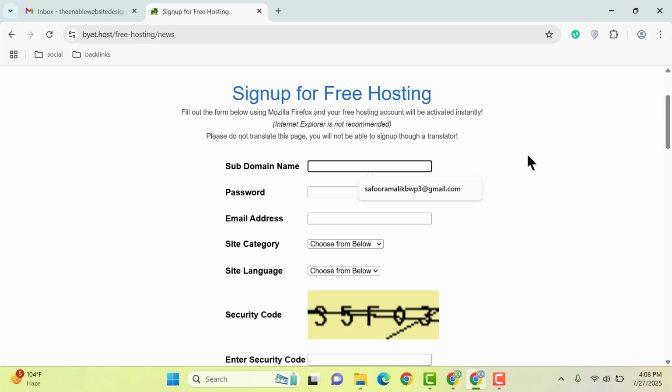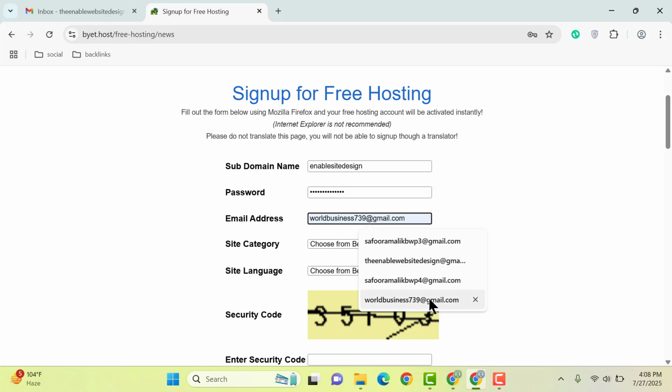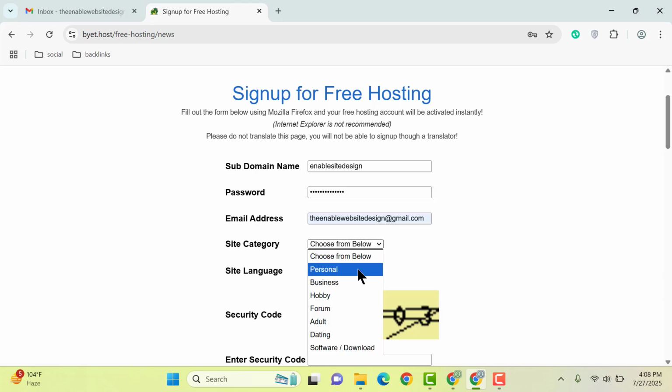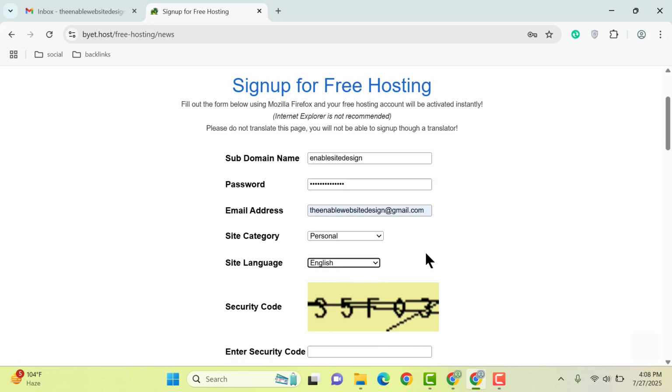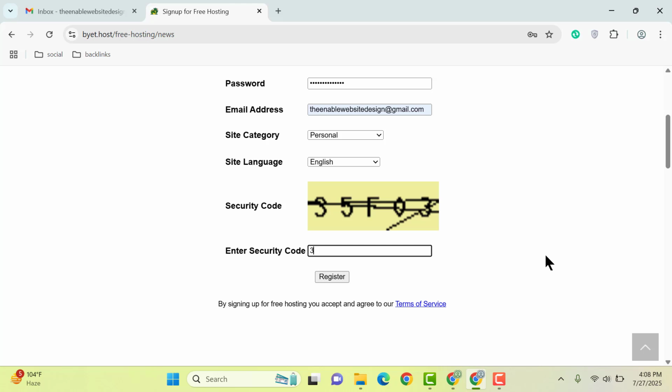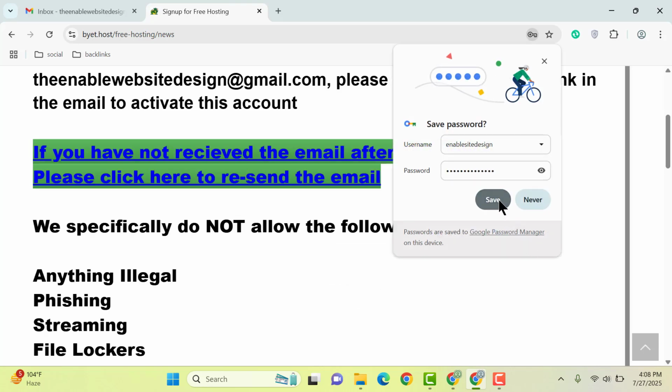So you can add your subdomain name. For example, let me add Enable Site Design, and here you can add a password. Then add email, and here you can select the category. So let me select this one, select the site language, and here you can fill out. Scroll down,